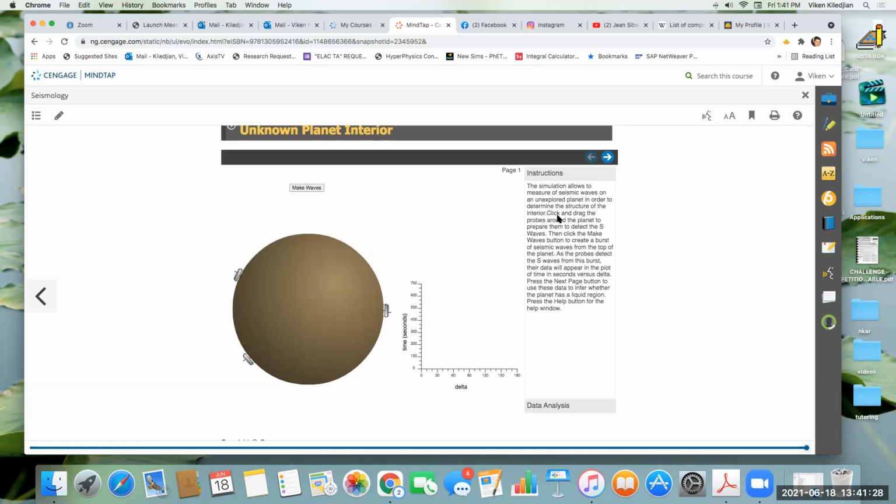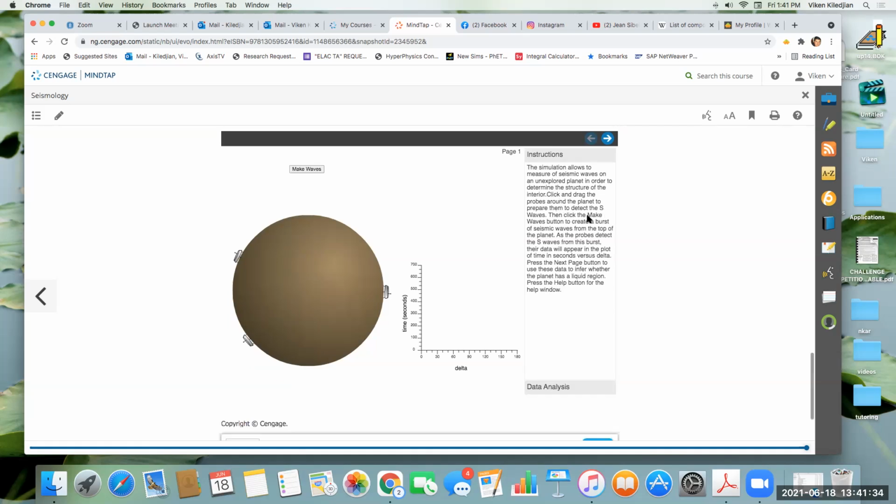So click and drag the probes around the planet to prepare them to detect the S waves. Then click the Make Waves button to create a burst of seismic waves from the top of the planet. So what they're going to do is simulate, let's say there's an earthquake that happens here. As that earthquake happens, it creates S and P waves that go through, and then you have some random